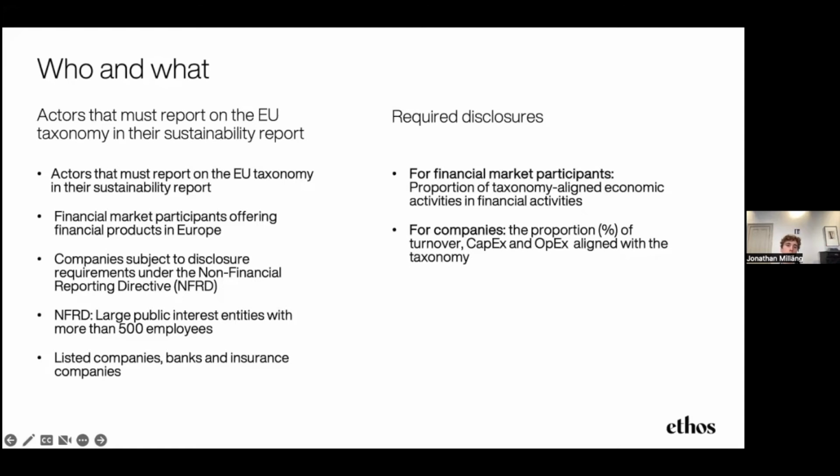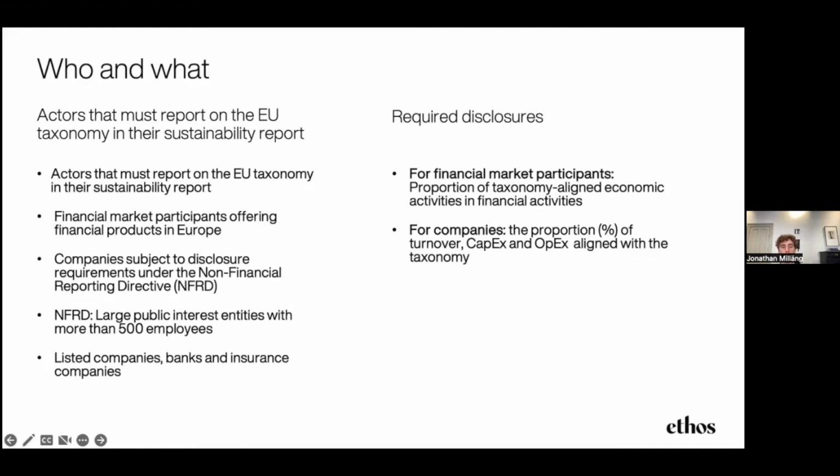So when a financial advisor sits with a customer, a retail investor or a professional investor, they ask them what type of sustainability preferences they have. They will also have to ask, do you want your financial product to be aligned with the EU taxonomy in any way, to a degree of 20%, 80%, 100%, 2%? If the investor answers that they do want a taxonomy aligned investment product, the financial advisor must say either we do not have those products, or here are the products that we can offer that do have some sort of taxonomy alignment.